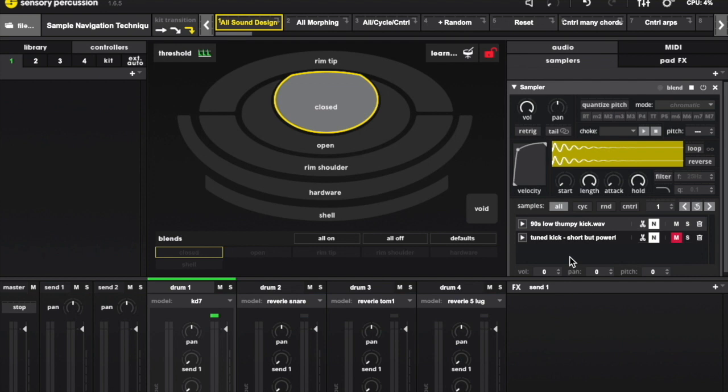This tutorial is going to deal with different ways to think about the sample navigation techniques we have at our disposal in sensory percussion. We did this in my sampler overview tutorial somewhat briefly, but it deserves more attention because it's crucial to getting the most out of sensory percussion. If you're looking for more of an overview of the sampler features, check out that sampler tutorial, which I'll link